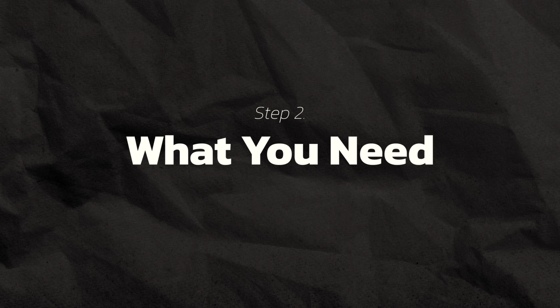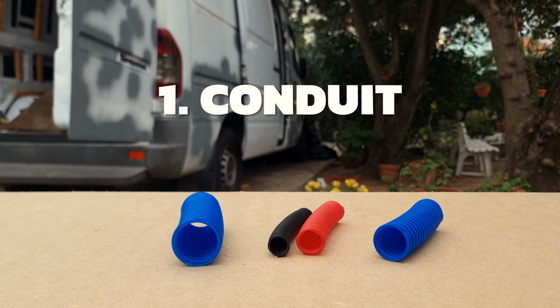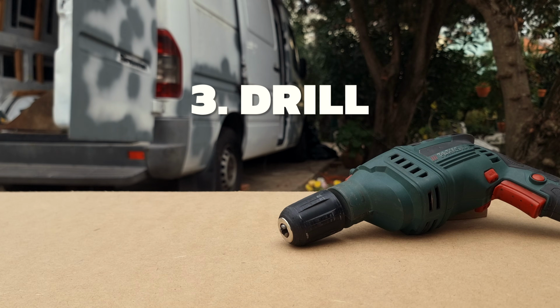Now that you have your final plan all nailed down, and you know how much wire and which gauge you're going to need, let's talk about everything else you're going to need to finish this process. We're going to start with conduit, which we're going to use to guide the wires throughout the van. You're going to need different sizes depending on how many wires you're going to pass through different locations and what gauge wire that's going to be. Then you're going to need a blade to trim that conduit to size, a drill and various